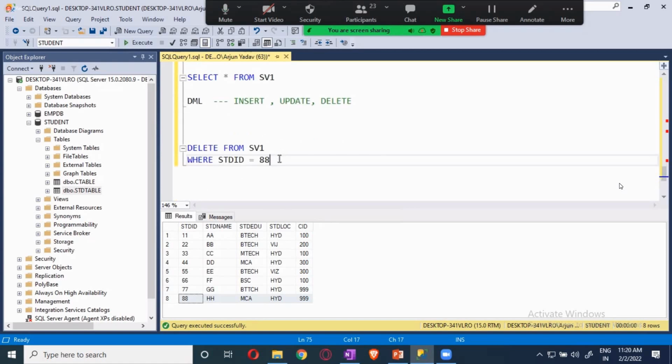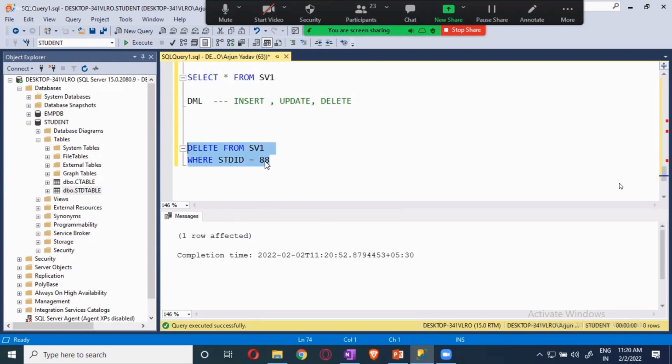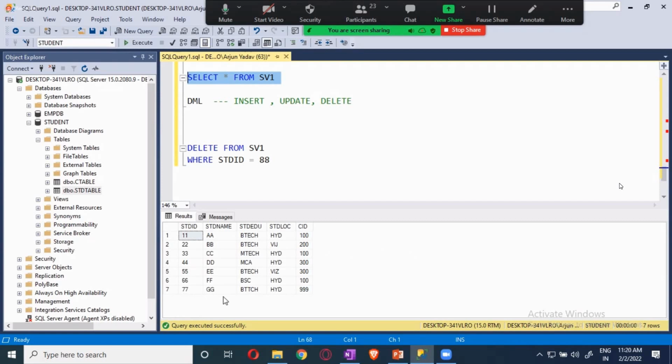Now this is one of the DML operations. I'm trying to do it in a simple view. Once I run this one, you will be getting one row deleted. Now if you see in the view, you will not be finding that. But this is a permanent change. So this is affecting our original table also. Select star from std table. Now you can see this will be deleted from there directly.